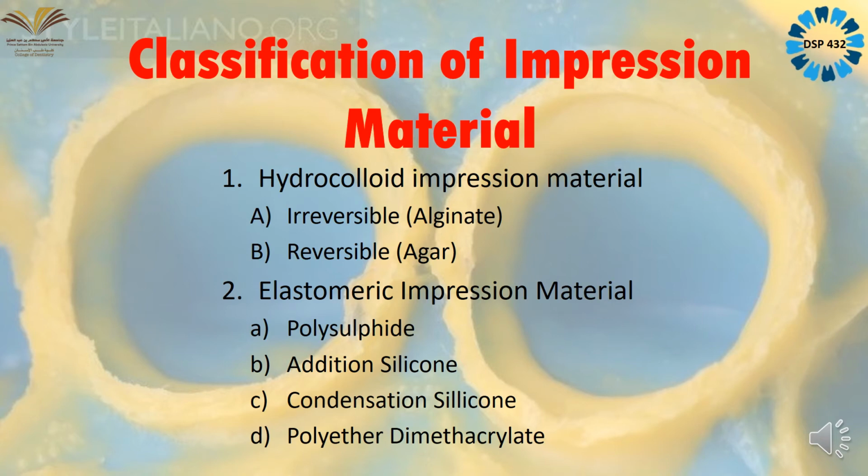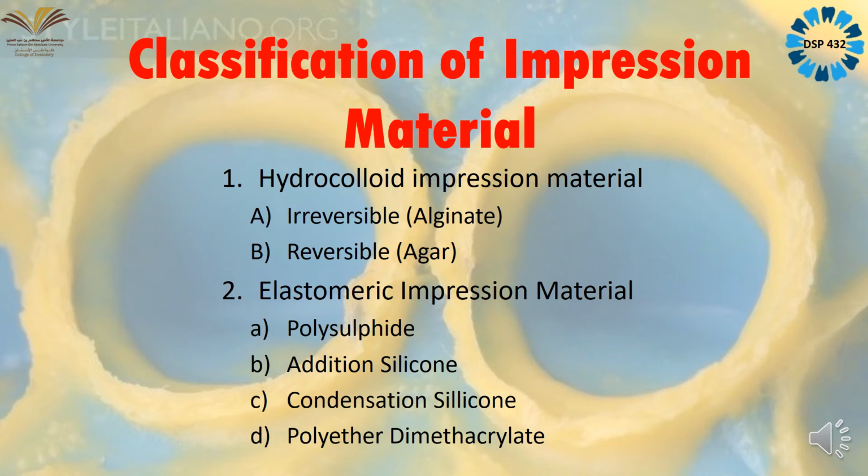Basically impression materials are categorized as hydrocolloid impression material. Among hydrocolloids, you have reversible hydrocolloids, that is commonly called alginate. Alginate we use commonly to make diagnostic impressions, and to make the diagnostic impression you have to take a major amount of powder, that is your alginate, and a major amount of liquid, that is your water. The percentage or ratio of this powder and water is already mentioned on your alginate box.